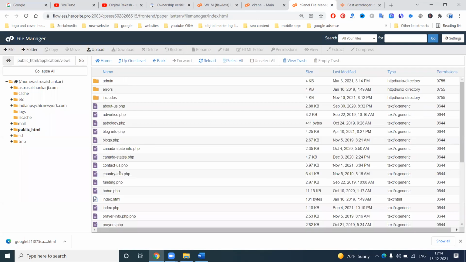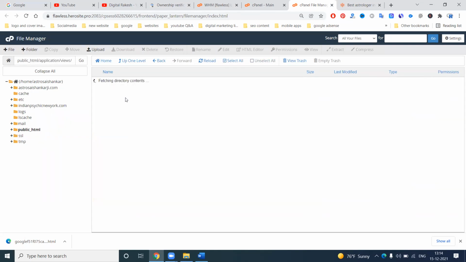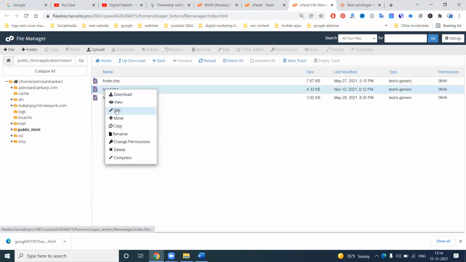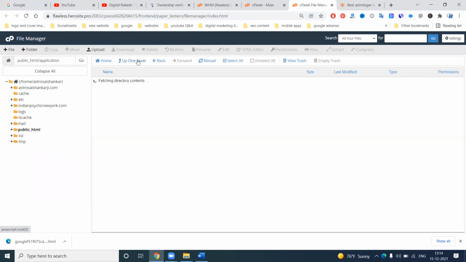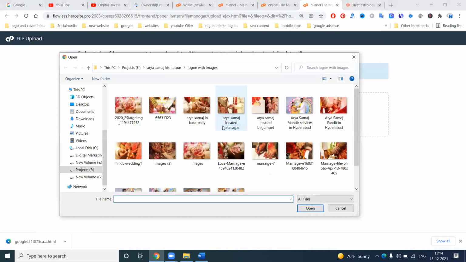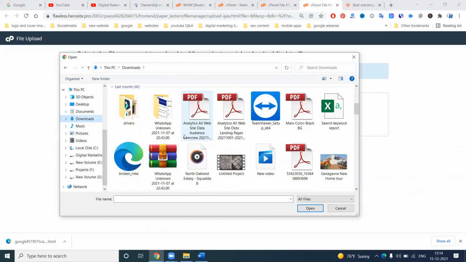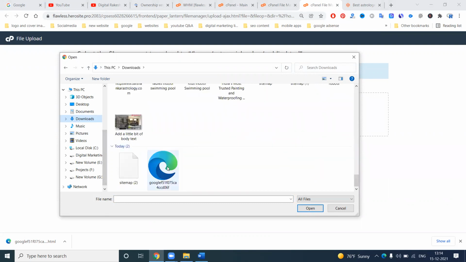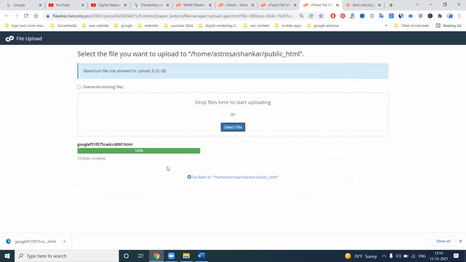There is an option called head file, and in this head we have a lot of options, but we downloaded the HTML file. Simply open public_html and upload the file to public_html.